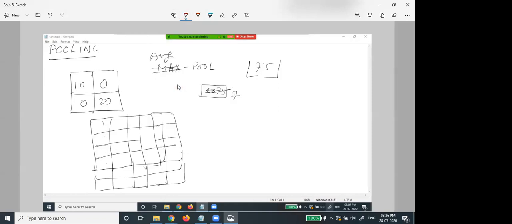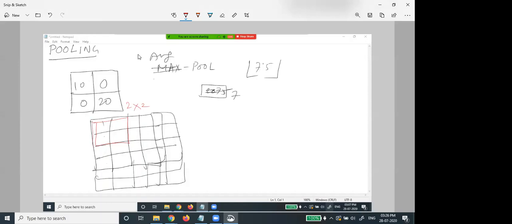In the same way, I take a 2x2 max pooling operation.